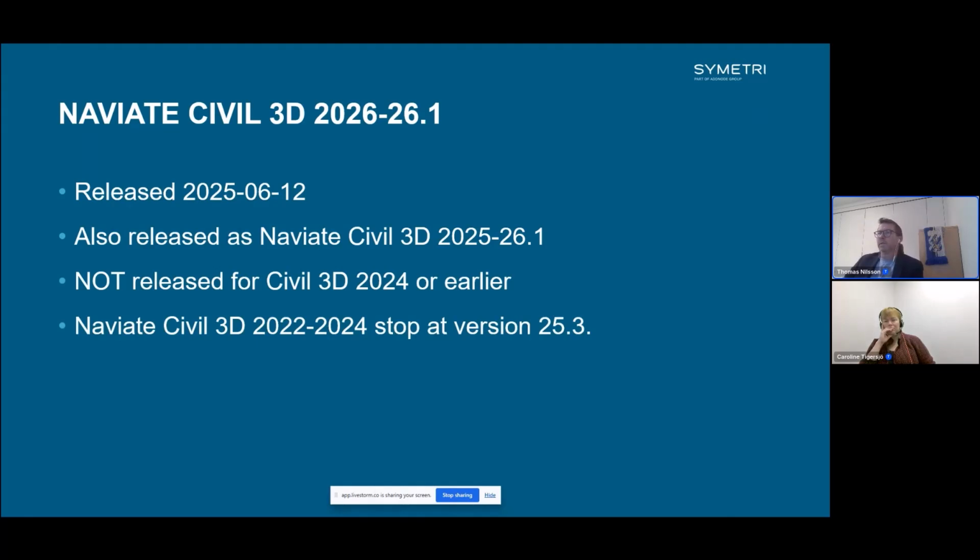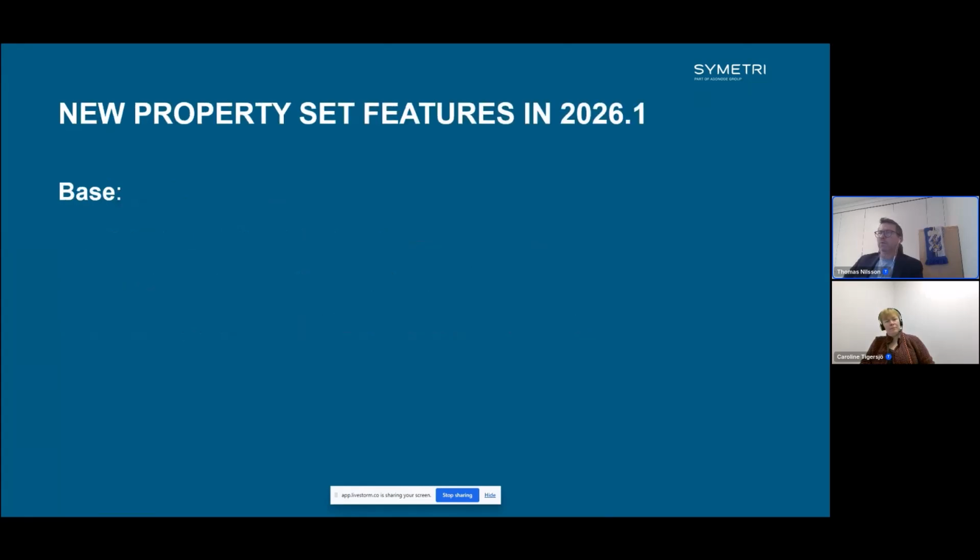So you will need 2025 or 2026 to run some of the features that we're going to show today. A lot of features that we're going to show today will actually work in previous versions as well. The features that we added into the 2026.1 version were